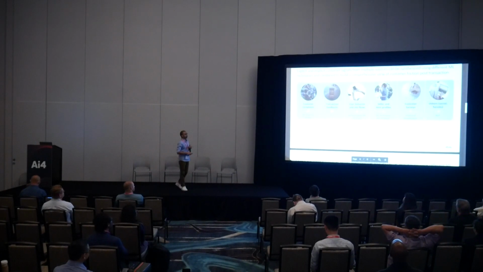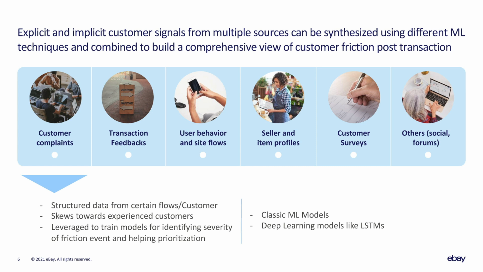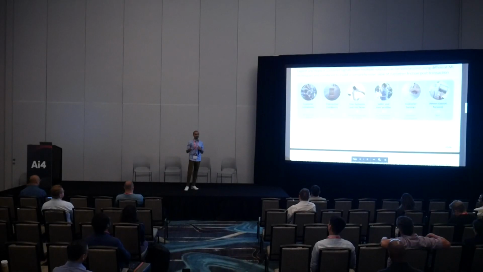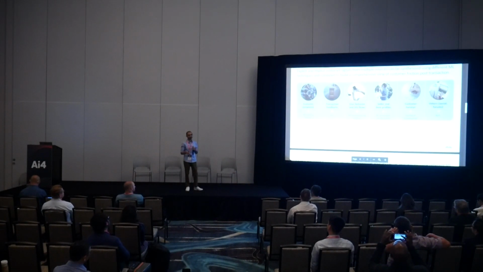The more interesting ones start with the implicit frictions, the ones that are inferred from your customer behavior, and those are things around: was the user going into flows that are known to cause user friction, where they go into help pages, they spend too much time in certain pages and certain flows, where we know they probably have a bad experience, but they never do respond. I'll talk in a bit more detail about that as well.